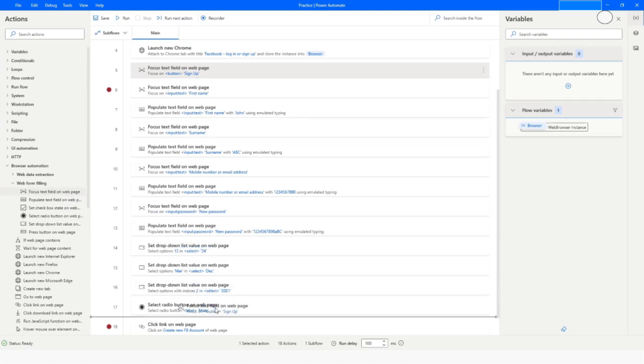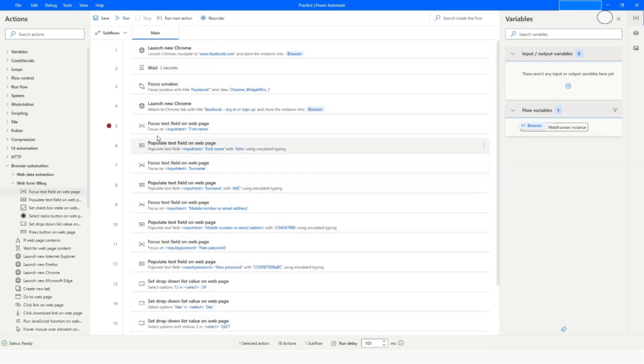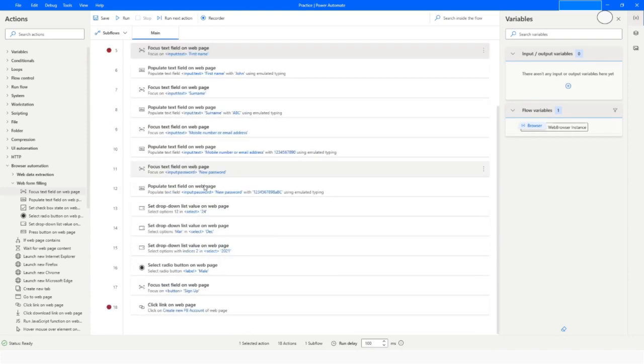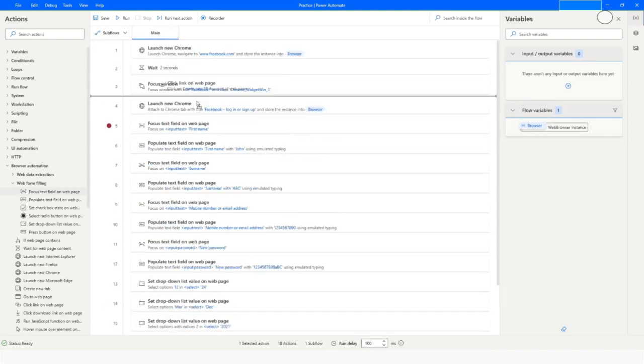Okay, so we are done with the selectors. Now first what we are doing is we are launching the Facebook page, and after 2 seconds we are focusing that Facebook page, and then we are attaching to the page, and then what we have to do is we have to click on the create an account. So I'll just drag this element, go on top and put it right after the attach